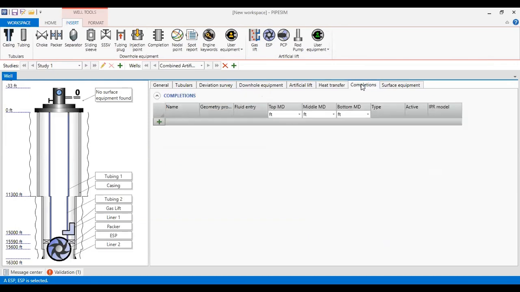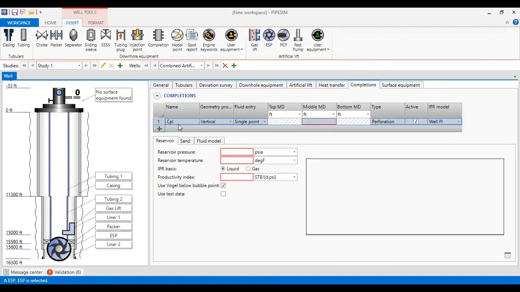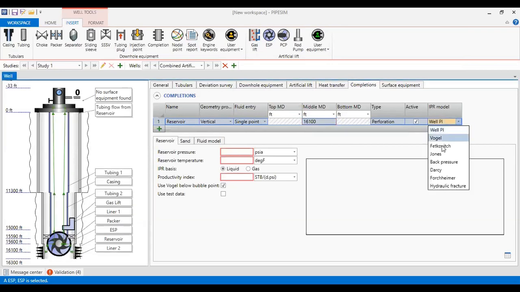And lastly, I will go to completion. Here we will have the equation for our reservoir, our IPR. So at completion, I call it reservoir at depth of 16,100. And then I will go to Jones.